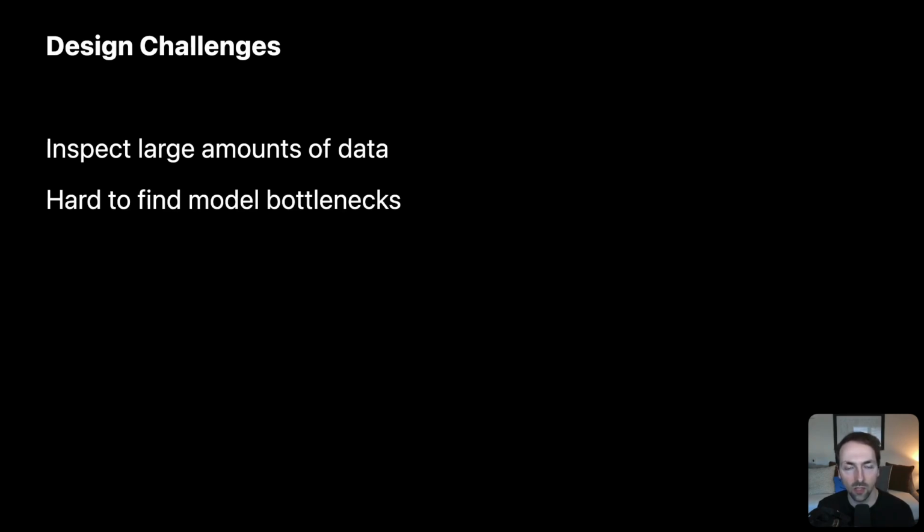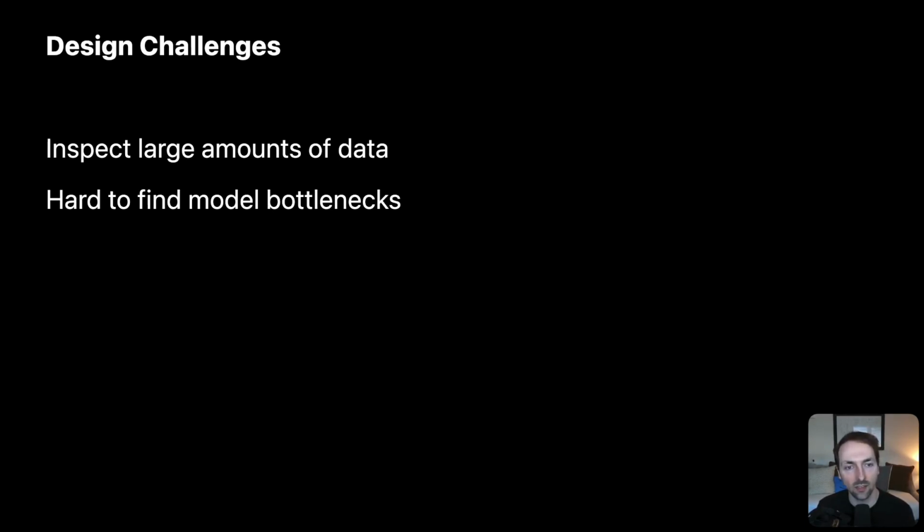So the key design challenges that come with efficient machine learning work from both these studies that we ran, the first is that practitioners have to inspect large amounts of data, both geometrically and analytically, and they want tools to be able to support looking at their data in various ways and summarizing it too. Second, it can be hard to find what they call model bottlenecks. These are hardware operations that run on a particular device that take up a majority of the compute. And so if you can find these particular bottlenecks, you can compress them and leave the remaining